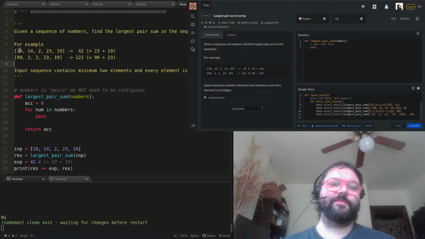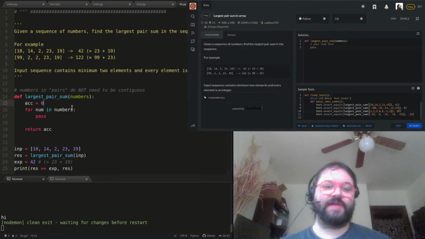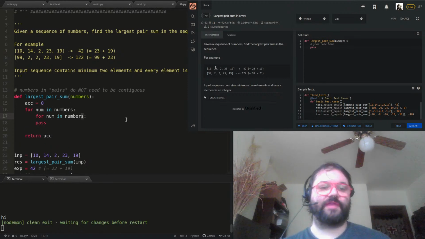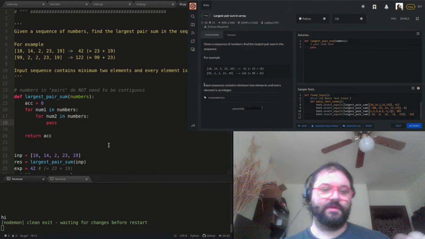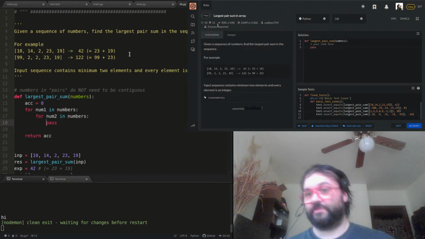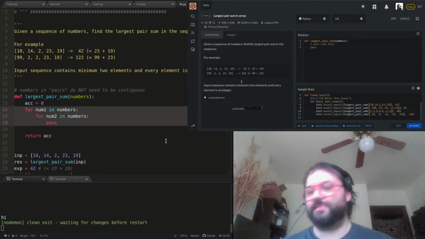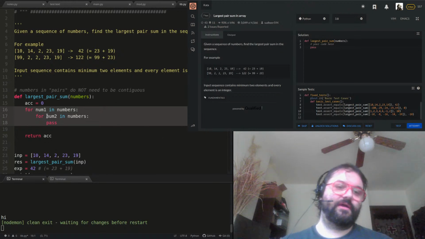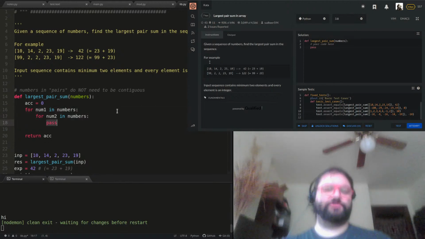So whenever I have a problem and I think I've got to compare everything in this list to everything else in this list, I know right away that I can solve this problem with a nested for loop. So we'll say num1 and num2, and in this case, both loops are going to be iterating through the same sorts. They're going to be both iterating through numbers. It feels a little weird to do that, but it's totally fine, and there's a number of problems that I've solved that are structured with loops exactly this way. So, for num1 in numbers, for num2 in numbers, we're going to,